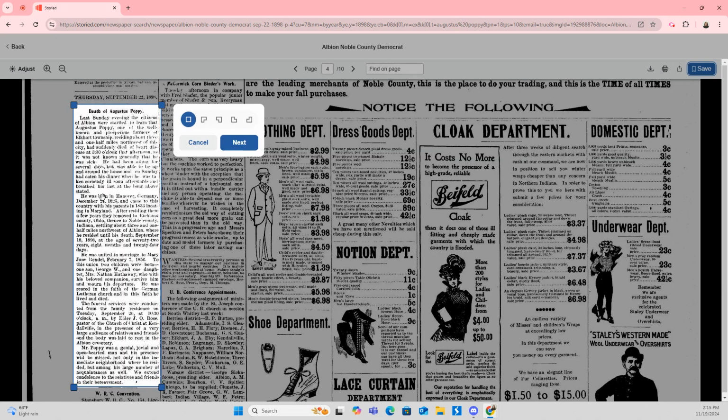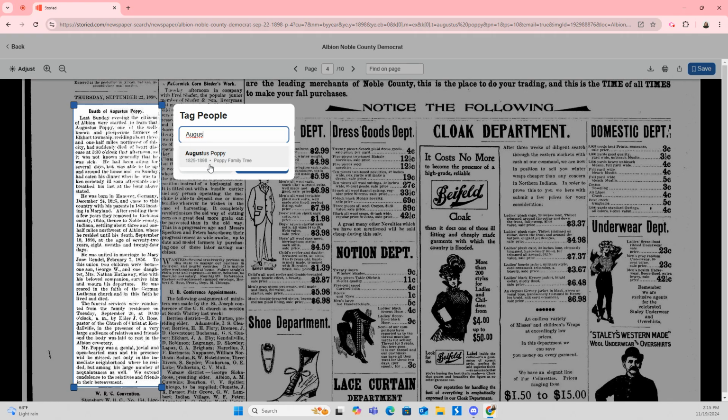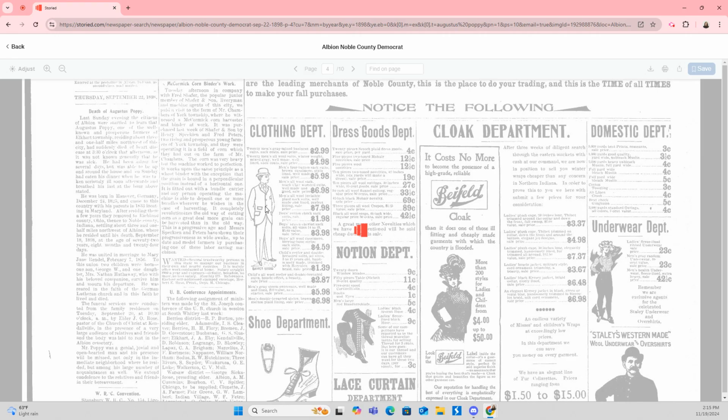Now here's what I think is so incredible and awesome about using Storied to find your newspaper clippings. So I'm going to go ahead and click on next. And here's where I can tag people. So I'm going to tag Augustus Poppy. And notice when I started typing him in, he popped up because I have him on my tree. Then I'm going to put in the J.O. Rose. I just started typing in his last name, and you can see there he is. So I can tag people outside of the tree as well,